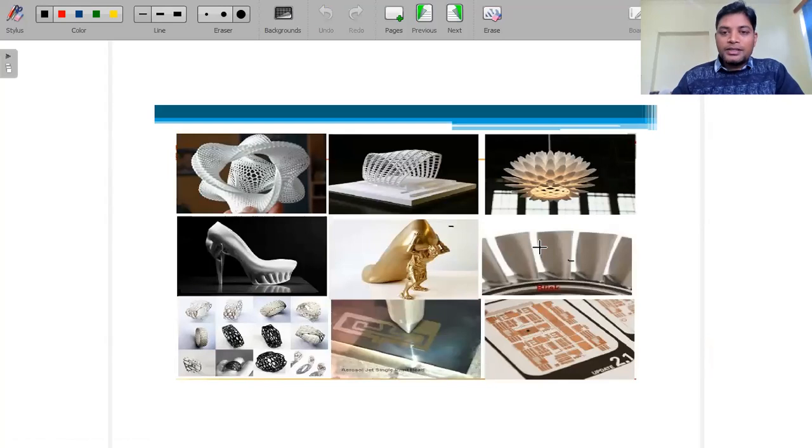These are some of the parts, such kinds of designs. These are lamps. These are bellies, what girls wear, and this is the heel kind of thing, and on this side this is a belly. These are turbine blades, and this is a motherboard, actually a printing of motherboards. And these are rings, different types of rings, that we can manufacture through additive manufacturing.